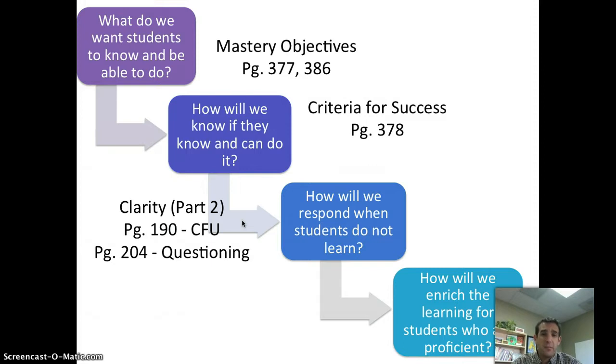And then the second part, starting on page 190, talks about this concept called cognitive empathy, which is getting inside students' heads. And so the first part is just a real general look at what checking for understanding looks like and what to do once you're checking for understanding, how to respond to different student understanding. And then on page 204 it gets into this really cool section on questioning and different reasons for questioning and how to write questions and what the purposes are, etc. So the first part of that will be looking in general at checking for understanding, and then we're going to get specifically into making student thinking visible.